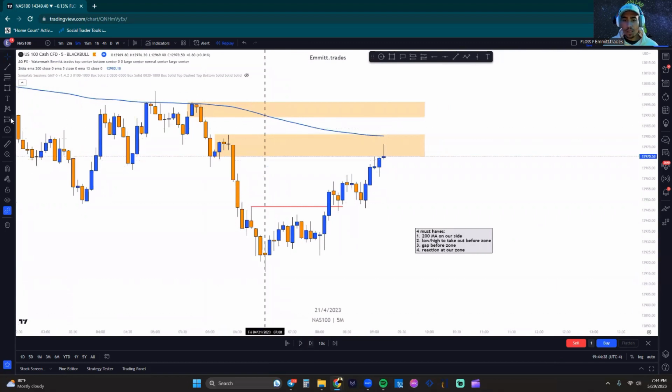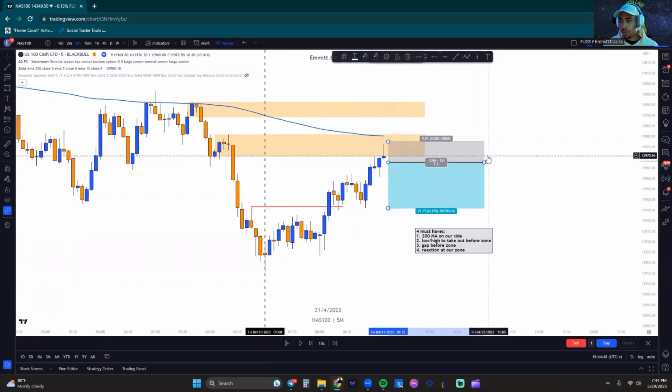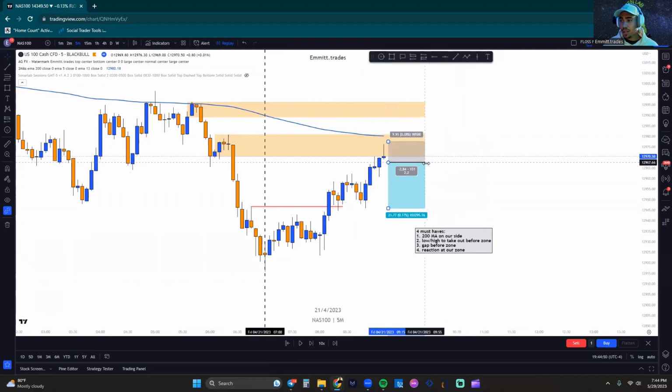And now we're tapping. Okay, so as soon as this breaks the previous low, just a bit below it here, I'm going to put my stops above here, and then we'll go ahead and try to take it down to our nearest low, which is right here, sitting at pretty much a 1 to 2. Now, at this point, you guys can take out partials. You can take out your full amount, but I always put stops to BE once we hit a 1 to 1 right here. This is very important.